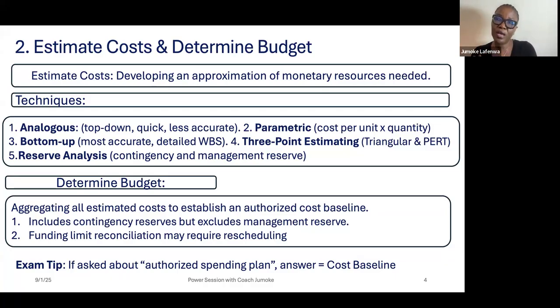That's why we are able to use it to compare the actual and the earned. Someone may ask, what happens if there's a change request and it affected the budget? Maybe in approving the change request, the budget increased. No problem. All you need to do is, a change request is made. You, the project manager, will conduct some analysis and present it to the change control board. If the change control board approved the change, you go to